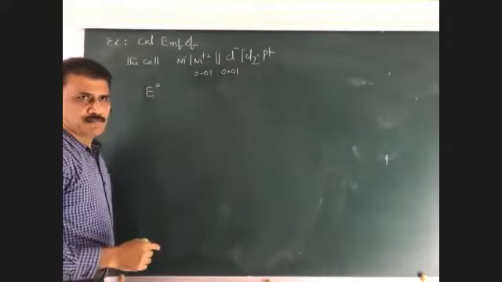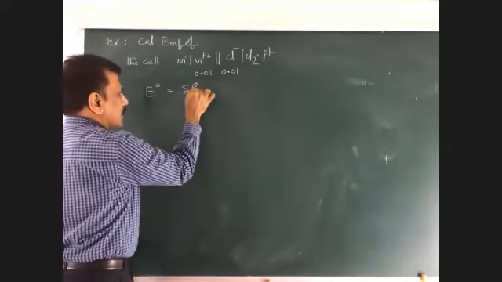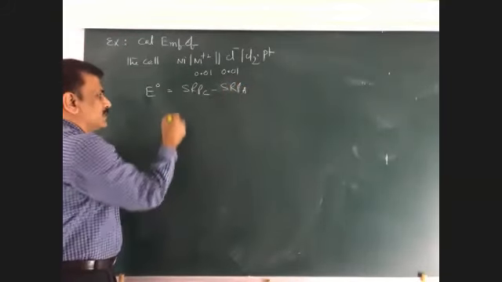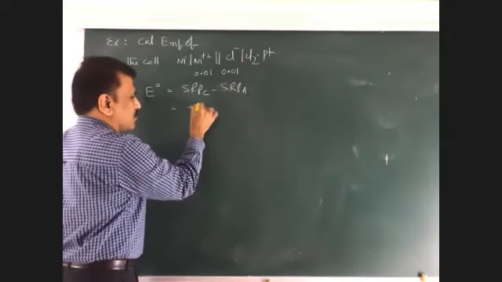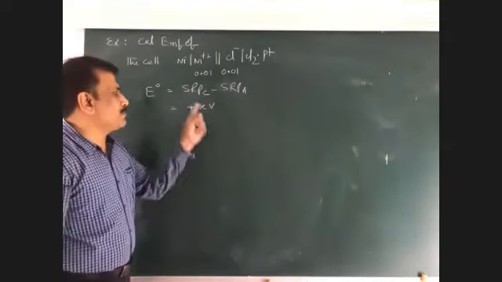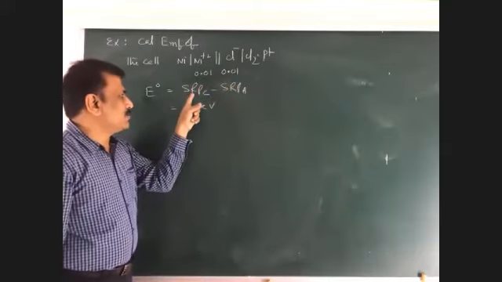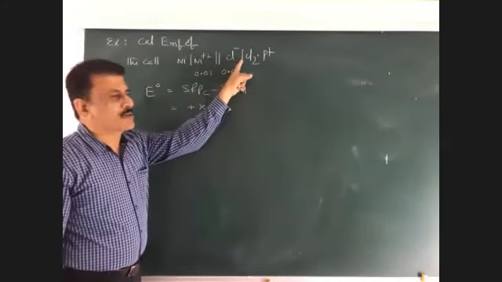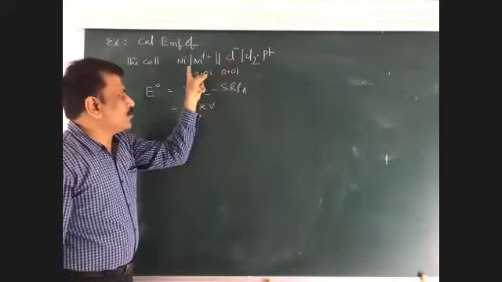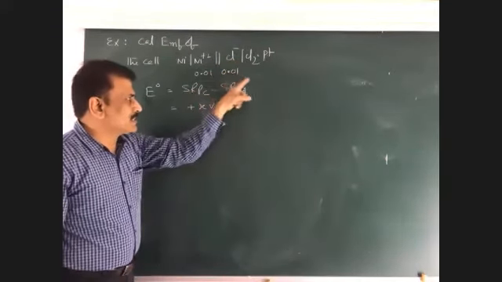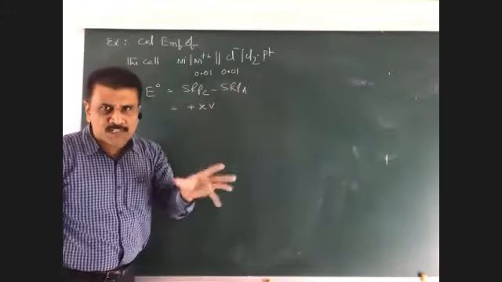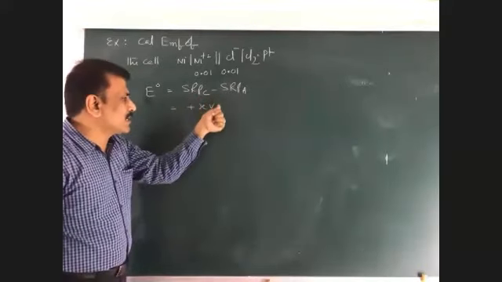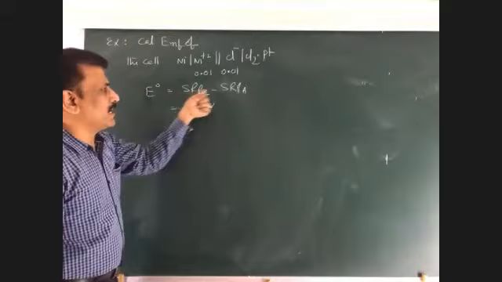E naught of the full cell is calculated with the help of SRP of cathode minus SRP of anode. So this value is X volts. Here I am not writing these values because this value is given from the textbook. Nickel electrode SRP will be given. Chlorine electrode SRP will be given. So this is anode, this is cathode. SRP of cathode minus SRP of anode will produce some value that we don't know actually. That can be calculated simply by substituting the values if they are furnished. So I'm not giving importance to this value. E naught can be calculated based on this.